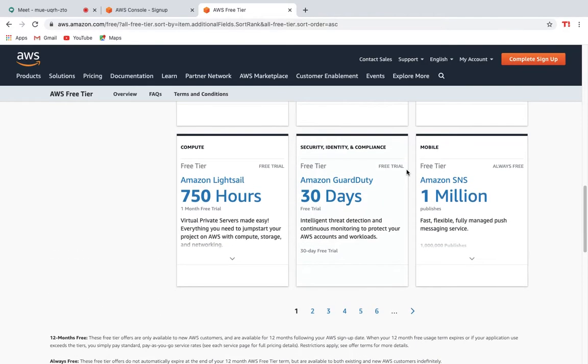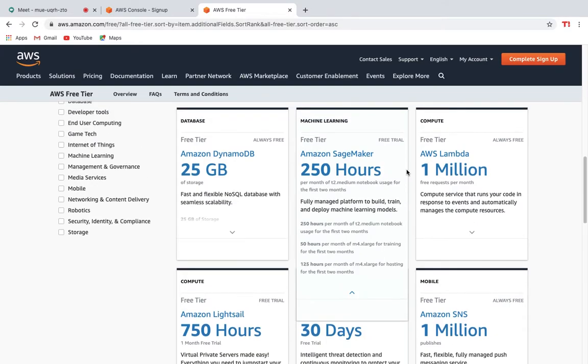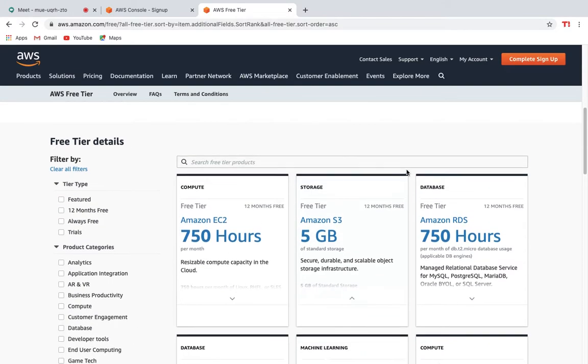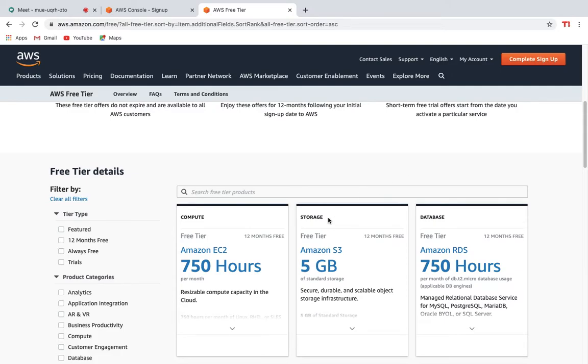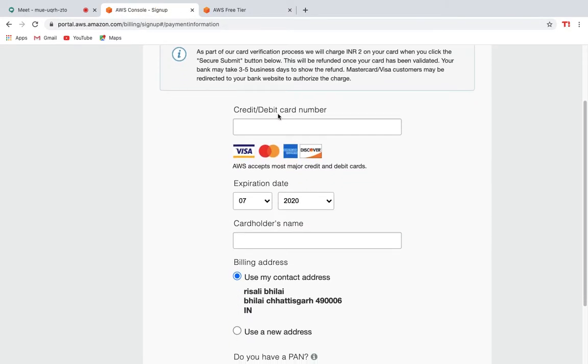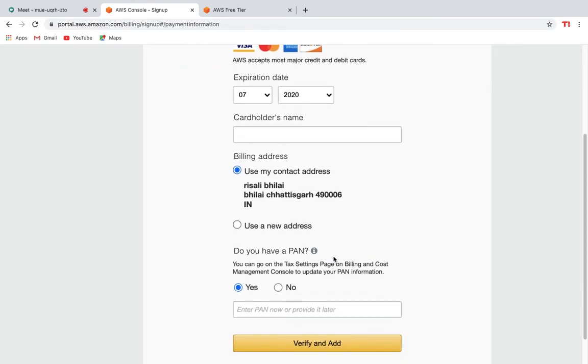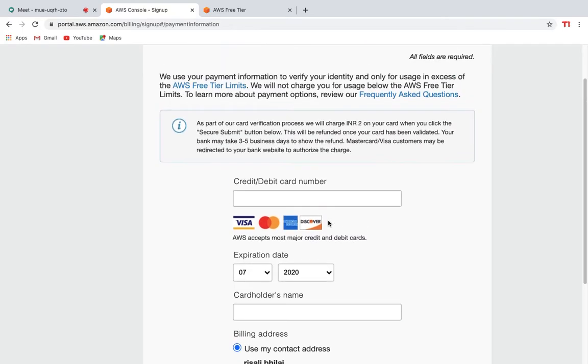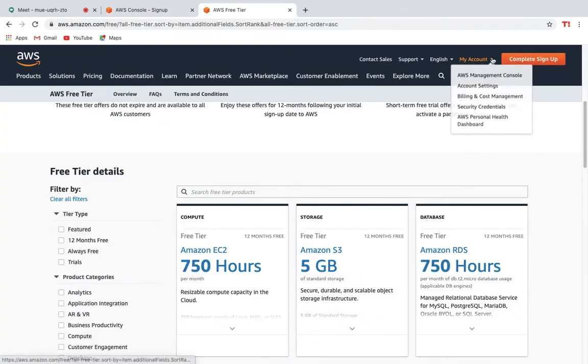You should try for the free trial, because for now you will not be using all the free months. It's enough for you, enough for us also. It's not like we are doing much. So you can enter your credit card details. For those who do not have one, please make sure that you enter someone else's, if your mother, father, or any friends. But make sure you don't go over into the paid versions. Use only the free versions. So after giving all of these details, you can verify and add, and your account will be made there.